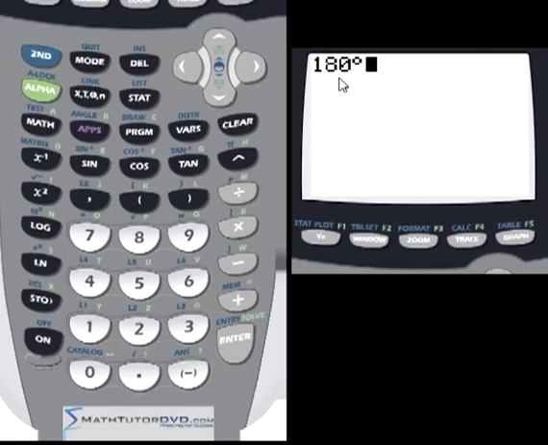Now at this point, if we hit enter, the calculator is going to know, because we've put this here, that this is 180 degrees. But since we've already told the calculator to operate in radians, because we went into the mode menu, what it's going to do is automatically convert this